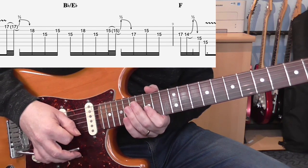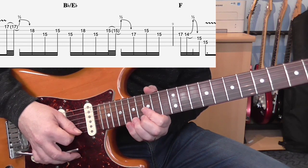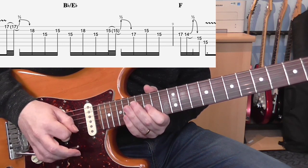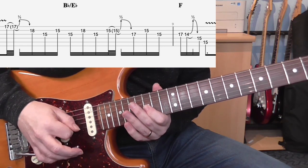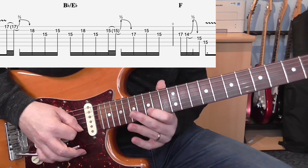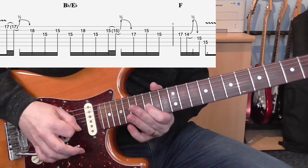Let me just take the first two beats. We've got 17 on the E, bend and release a half step, 18B, 15G, 15B, 15G, 18B, 15G, and then on the 15th fret on the B, we're gonna bend and release a half step,